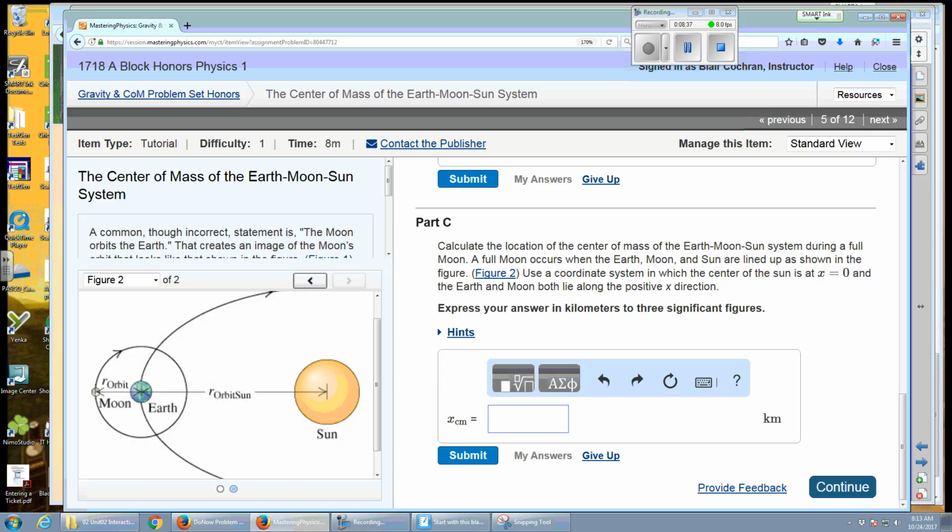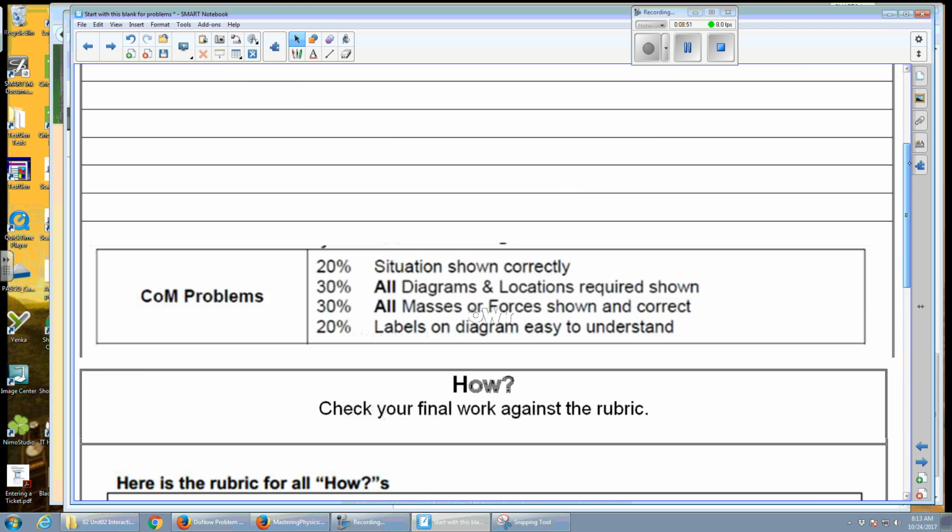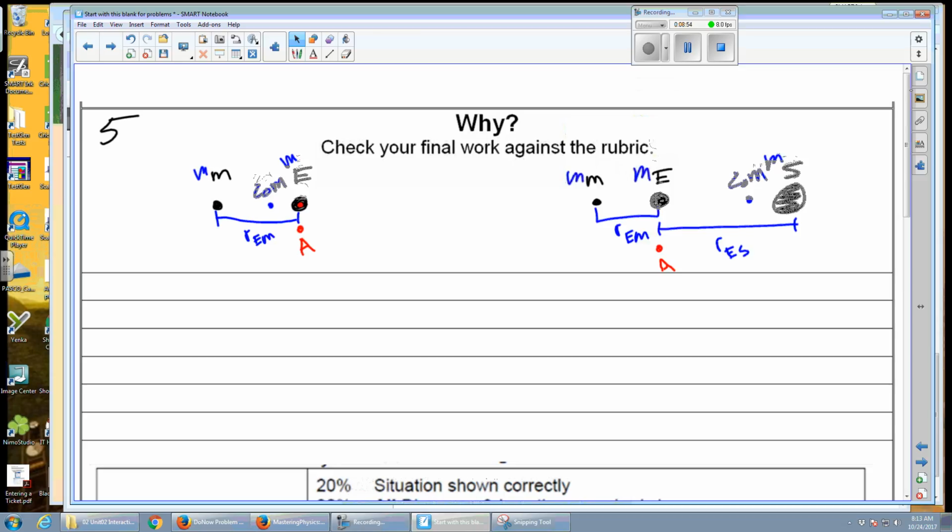And use the coordinate system in which the center of the Sun is 0. Express your answers in kilometers. So I have my diagram right. I just put my reference point at the wrong place. So since they've been specific, I would go back up here and change my reference point, my point A, to the center of the Sun rather than the center of the Earth. And then I do the exact same problem, which I'll lay out, but